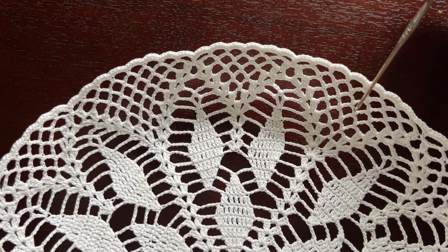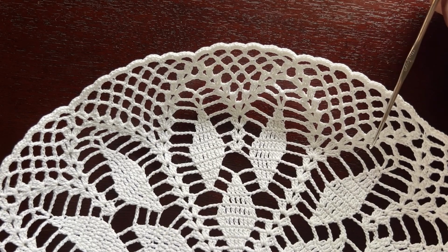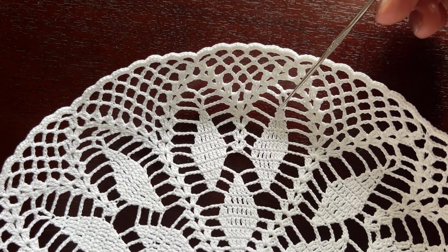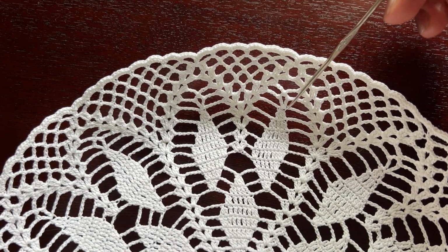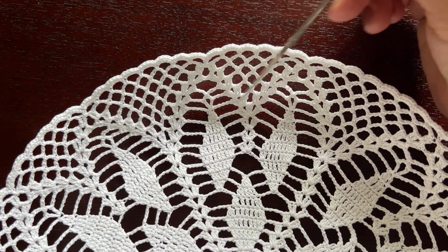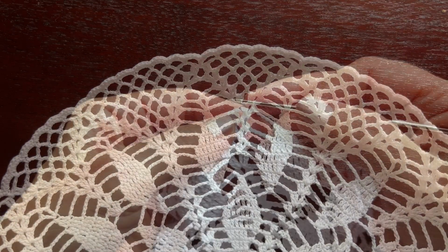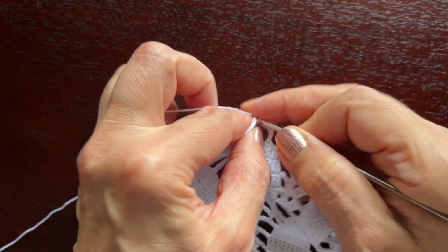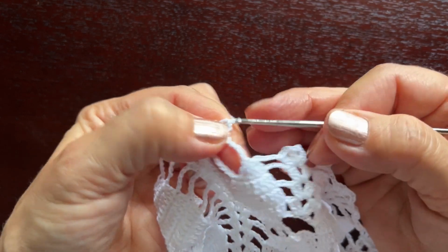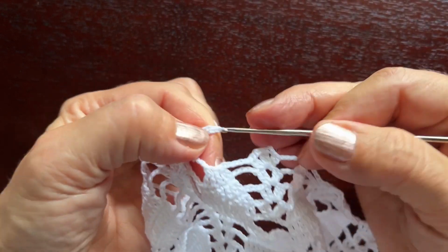In round 16, instead of chain 3, we'll start making chain 4 between the shells. We'll finalize petals, making 3 double crochets together. Around petals, we'll still be making chain 5, and between the petals, we'll make 2 shells this time. So after the usual beginning that consists of 2 slip stitches and a shell in the first shell of the previous round,